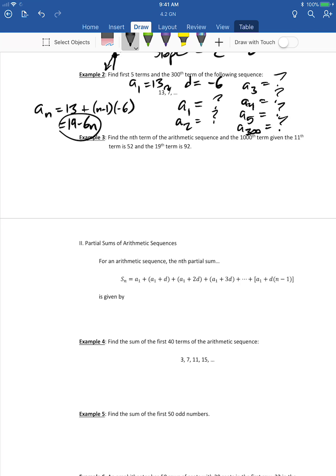Where do we start? Well, what do we need? We need the nth term formula. And they told us that a11, the 11th term, is 52, and the 19th term is 92. Well, the 11th term is the first term plus, n is 11, so 11 minus 1 times d. The 19th term is the first term plus 19 minus 1 times d. So if I simplify these,